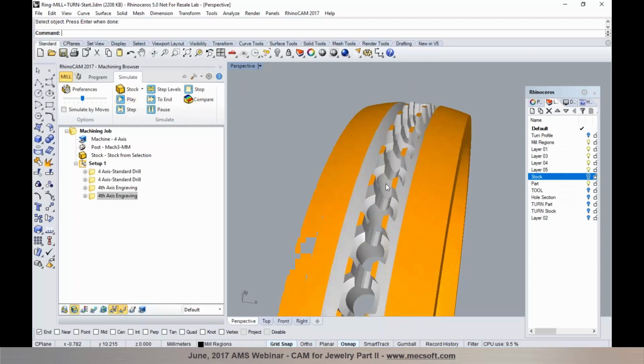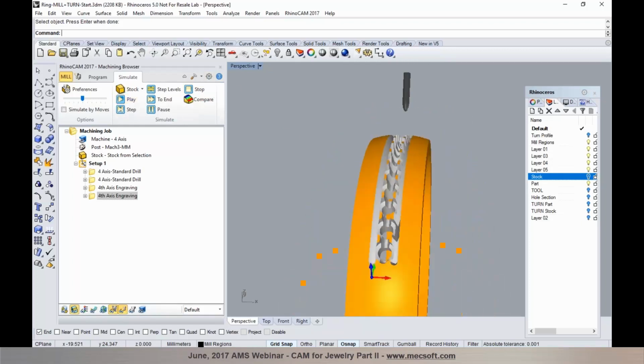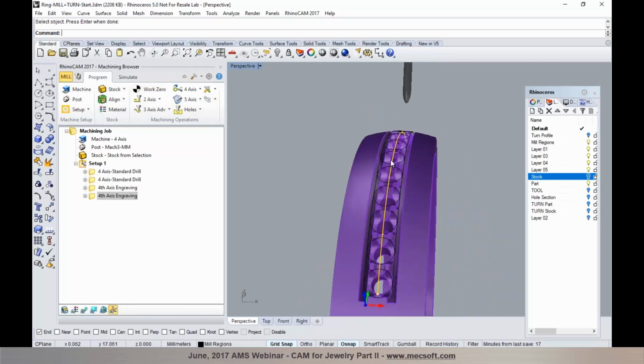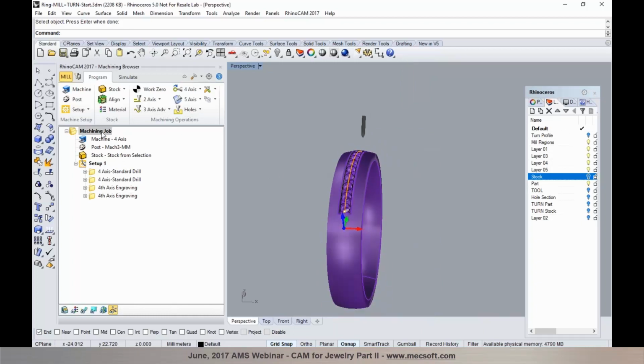So this basically helps you create the cavity design on your model by programming these 4 steps. We use drilling and engraving operation. Now let's take a look at how we define the